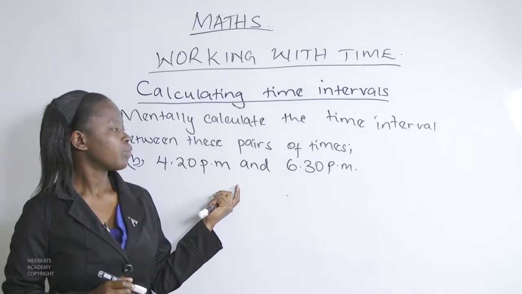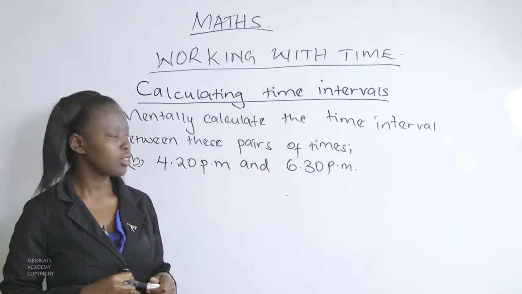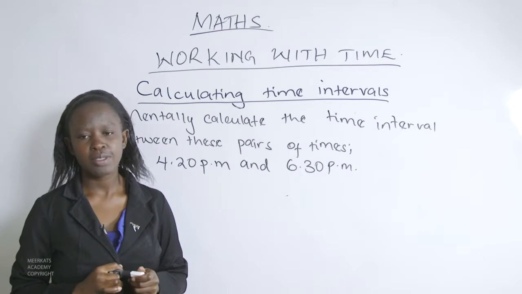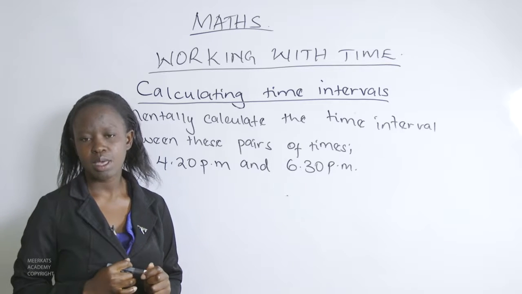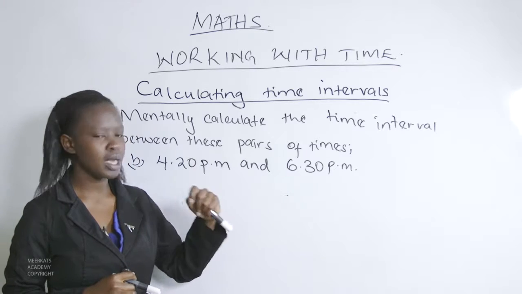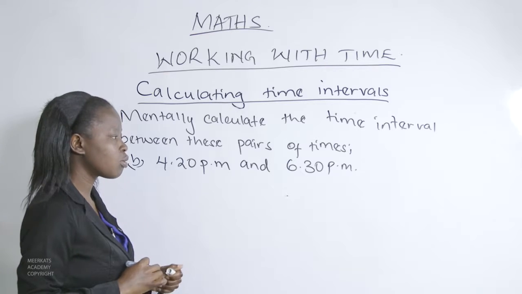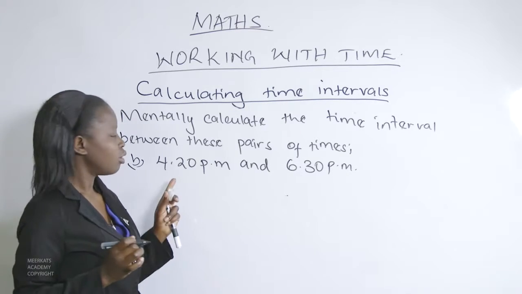4:20 p.m. and 6:30 p.m. We need to get the difference between the two times. So what does it mean? 6:30 p.m. is ahead of 4:20 p.m. So the question is, by how many hours is 6:30 p.m. ahead of 4:20 p.m.? So this will mean that we get the difference between the two, and from here we